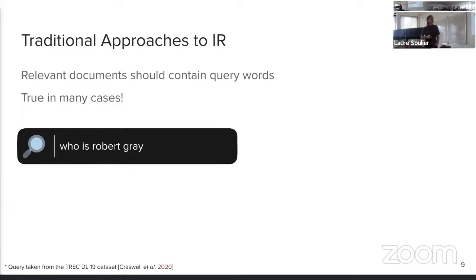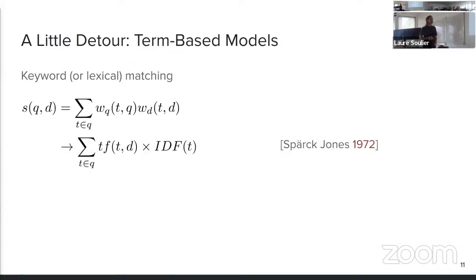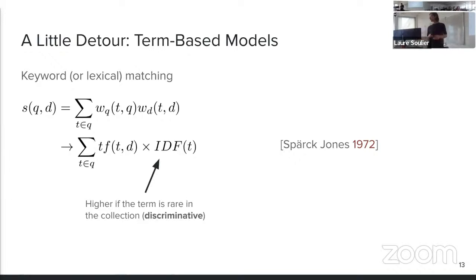We obviously expect relevant documents to contain this name, for instance the corresponding Wikipedia page. All the traditional term-based approaches in IR can be written as a sum over query terms of some weighting function. One of the most famous ones is the TF-IDF model, where we have two components. With the first one, the TF, the score increases if the term appears more in the document. With the second component, the IDF, the score increases if the term is rare in the collection, so if it is more discriminating.